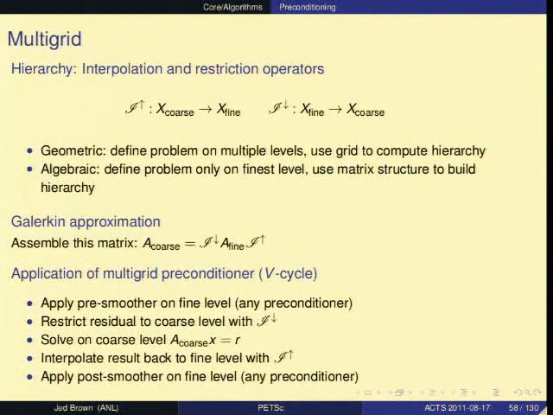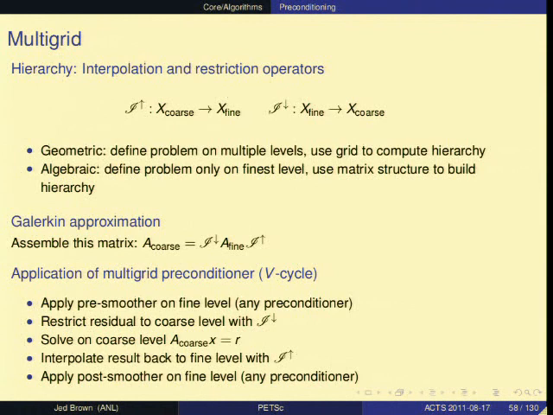So you can do this decomposition geometrically, in terms of, say, levels of refinement of a mesh. And you can also do it algebraically, which just uses the matrix data structure. You often need assembled versions of some coarse operator. So you can do it by a Galerkin procedure, which means, say, interpolate to the fine level, apply the fine level operator, and then bring it back down to the coarse level. And if you assemble that product, you get out a coarse level operator. That can be an expensive thing to compute, so there are reasons to like geometric.